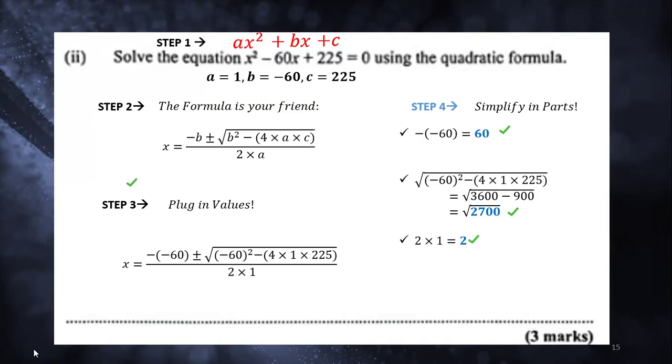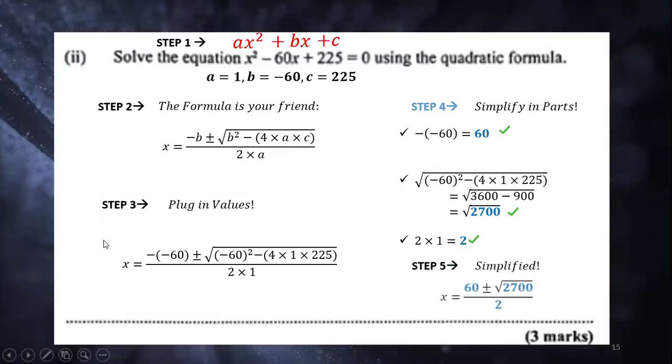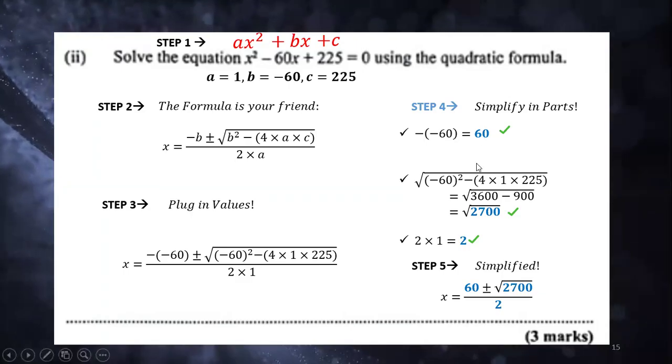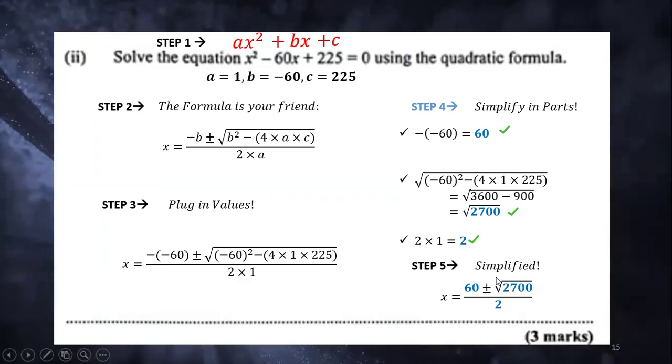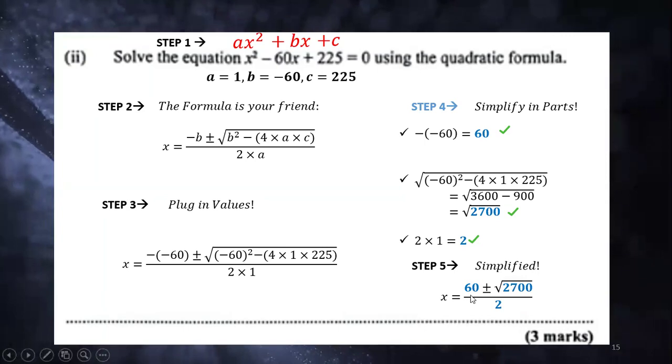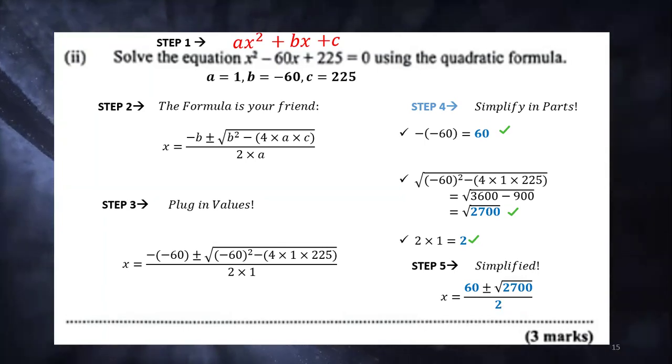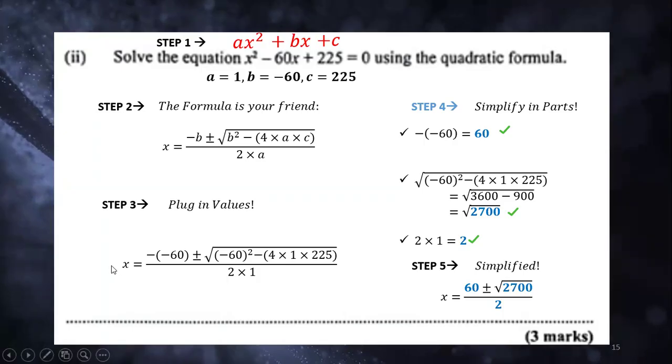what you do next is we're going to look at, let's clear those check marks. The simplified form, right? The 60 comes here, plus or minus button, square root of 2700 all over 2. How do you all feel about this method? Pretty much straightforward. Yeah? You all messing with it? Awesome. Next,